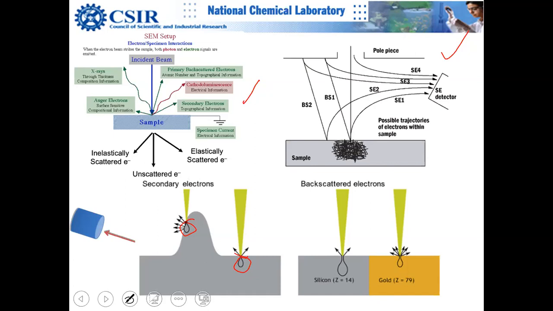But it's not true for these areas. For example, when the electron beam moves here, it will not be able to scan this area because the detector is towards this side. So it's like you are lighting up, so you have a light bulb here. Okay. So if your detector is towards this side, then it will be a different story, right? You can see this surface as bright and this surface is dark. Okay.